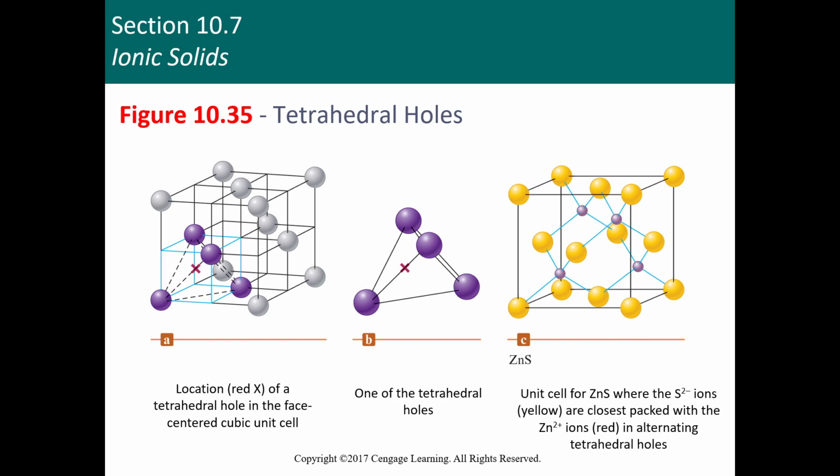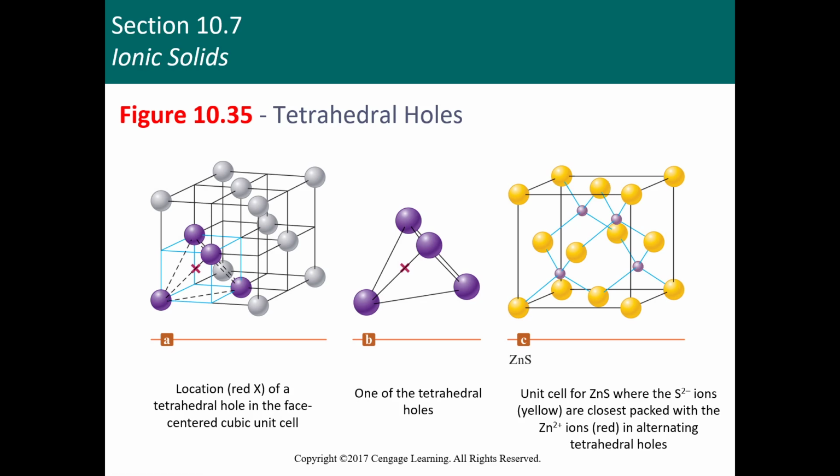Alright, so now we're looking at these various different types of holes and different types of structures. Right here we see, first off, this is zinc sulfide. One of the things you need to recognize is that when we're talking about ionic solids, the vertices are typically made of one ion, while the holes are packed with another ion. You have these areas between them packed with the zincs, whereas the sulfurs are put on the vertices and the faces, just like we saw with our